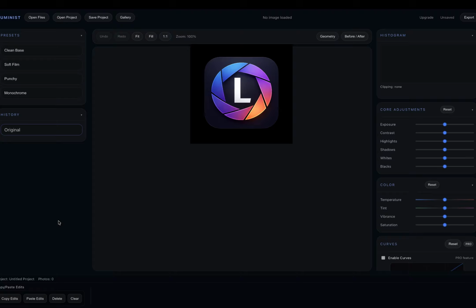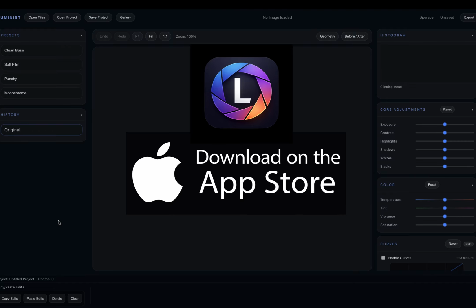Luminist is a photo editing app designed by me for photographers who want to get away from the Adobe monthly fees. And I'm happy to announce that there's another version available today at the time of this video. It's version